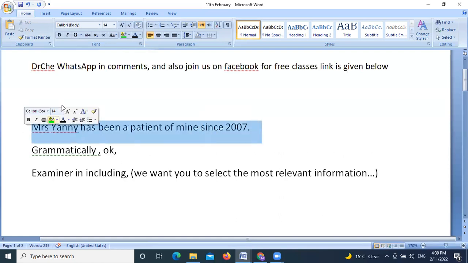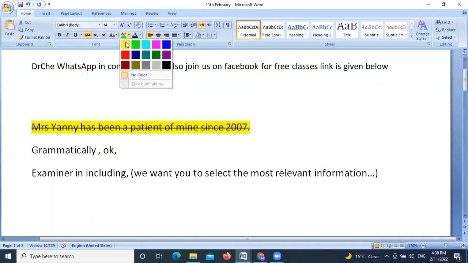So the problem is we don't need this sentence. Okay. Let us remove it. If you are writing a letter normally, these things are not needed. So be careful. Don't write any less important things. Okay. Be careful, please. An OET letter should be very concise, to the point, only important information we should write.